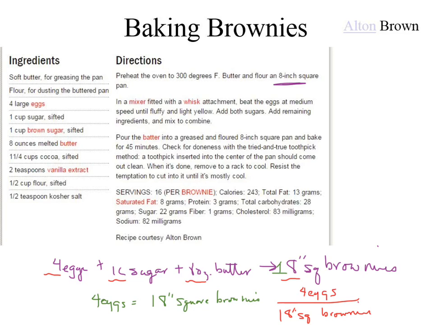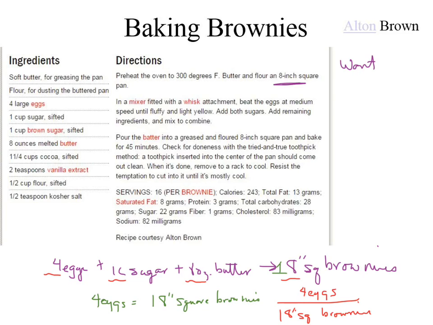Okay. There's a 1 in front. That's not 18. It's 1. 18 square. 1 8-inch square brownie. So here's how this works. And I've gone a long way about this. But let's just say you wanted to scale it up. And let's just say you want or you need,